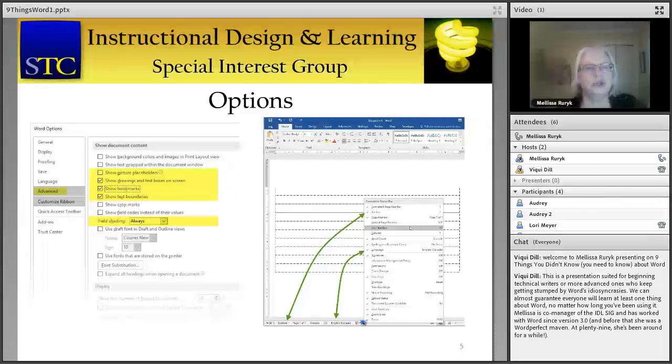I don't like seeing drawings and text boxes on my screen. I do like to see them, so I've ticked it off saying show the actual drawings on the screen, but don't show me picture placeholders. I also like to see when I've made something into a bookmark. When you say show bookmark, it will show light gray square brackets around the words that you bookmarked, and that can help you find the bookmark later. Another thing is,